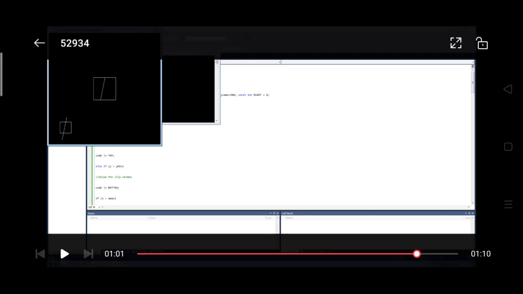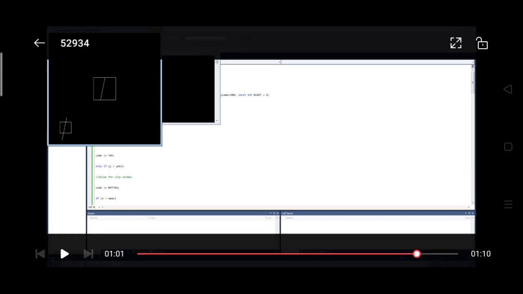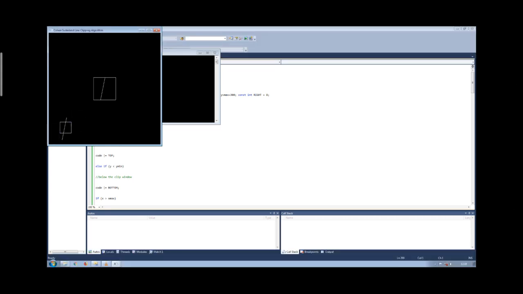Topmost, rightmost, the top right corner. Observe the top right corner which I am pointing. So this has got a value of 100 and 100 respectively. If you know these two corner values, then the other two can be easily defined, isn't it? You can easily come to know what that is.